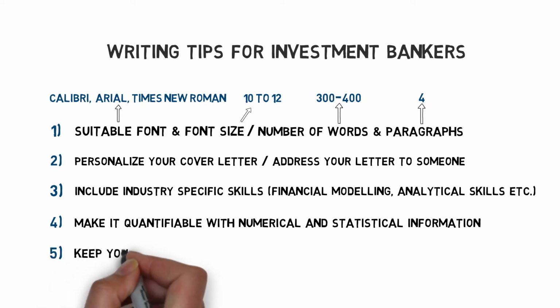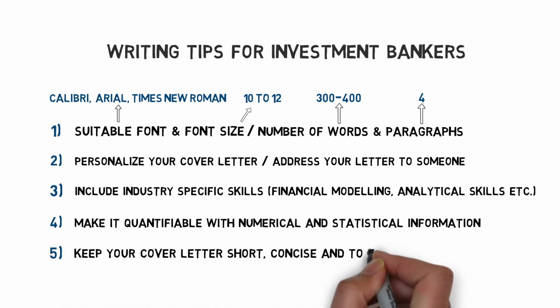At last, keep your cover letter short, concise, and to the point. There's no need to write more than a one-page document. And if you do have enough experience to cover multiple pages, then you need to cover it in your resume